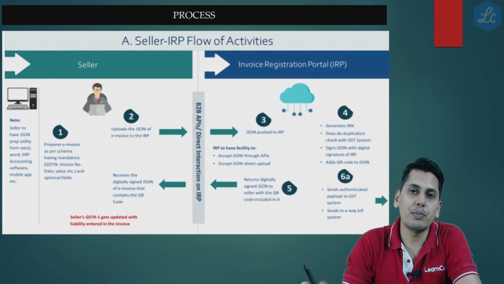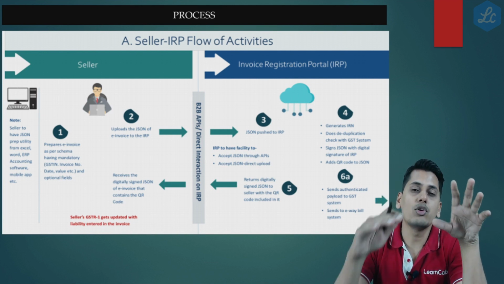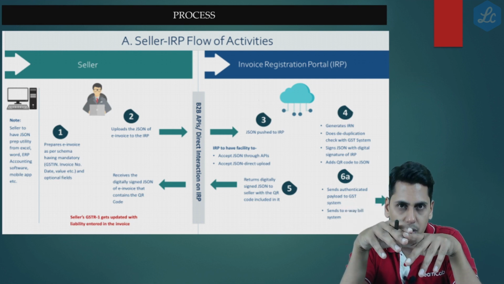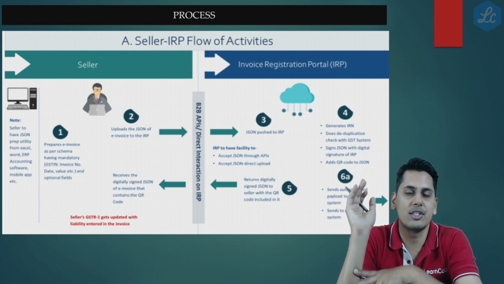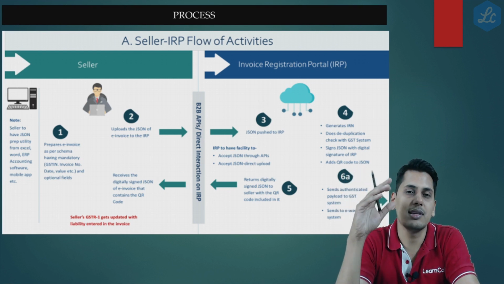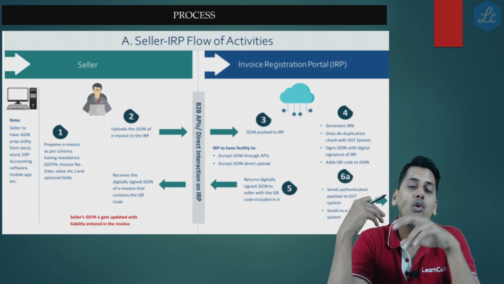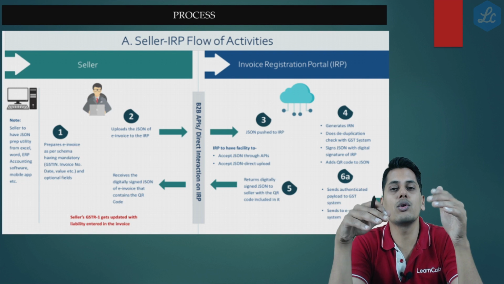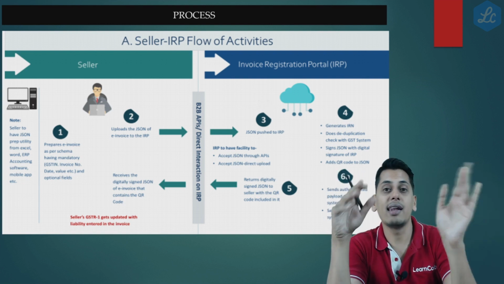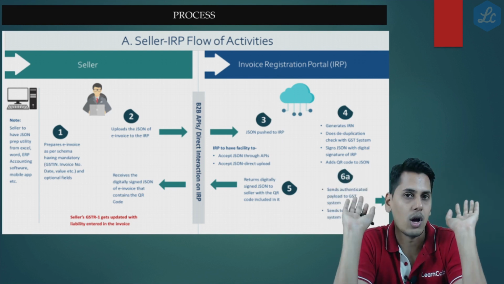Now, friends, what is the process of obtaining an invoice reference number? Friends, the process is very simple. You have to fill in the particulars which are contained in form GST INV01 and upload it to the invoice registration portal. The invoice registration portal would accept this form GST INV01 only in JSON format. Now, how do we upload it in the common portal? Either you can upload it directly to the common portal, or your accounting software can interact with the common portal through API integration and directly upload it.